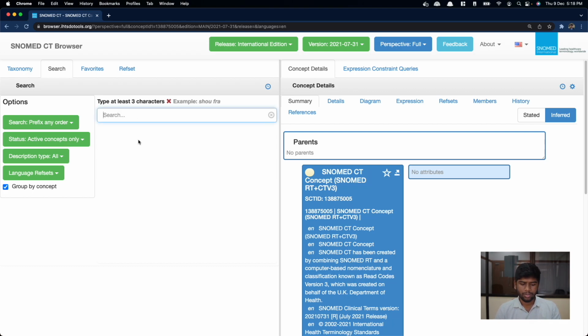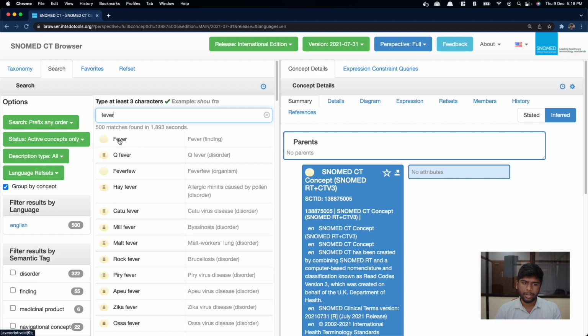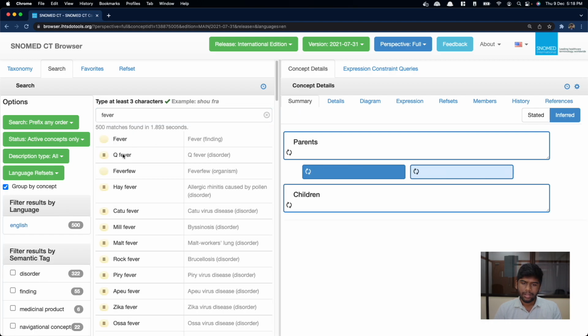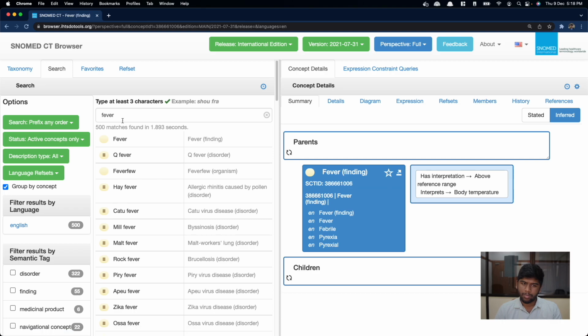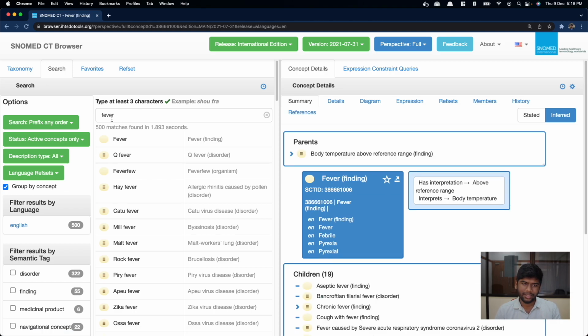So let's say you want to search for a concept. You just type in the concept, fever, for example, and it will get you fever. But you can also search a little bit more complex things using this search bar. For example, SHOUFRA right here. This will give us shoulder fracture. And let's just try that,